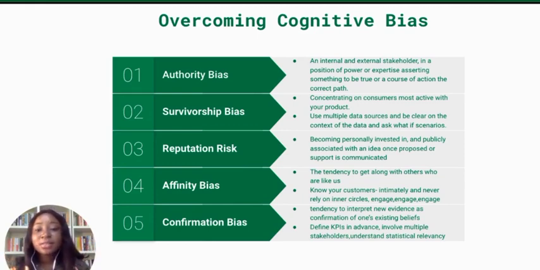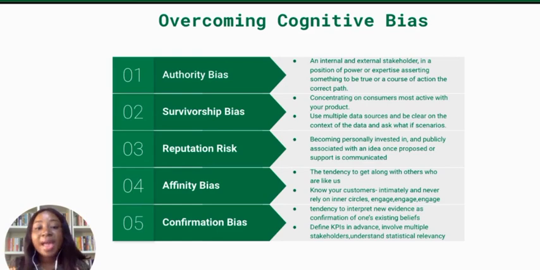The authoritative bias is talking about probably a person in a senior position trying to impose their features on you. For example, if the CTO or the CEO of the company wants to see a particular feature in a product, but we see that the customers do not really need this feature, we tend to want to include that feature in the product because it is coming from the CEO and the CTO, right? So that is an example of authoritative bias.